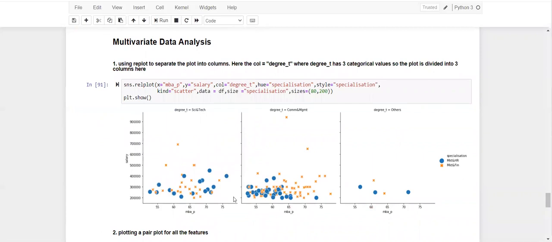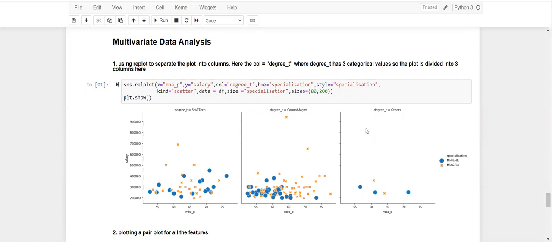As I specified before, multivariate data analysis is done mostly when there are more than three variables, and the analysis is pretty similar to what we do in bivariate data. Here, what we have done is plot three graphs. We have split a particular categorical value into three columns, which is the degree column that we took, and it had science and technology, commerce and management, and others.